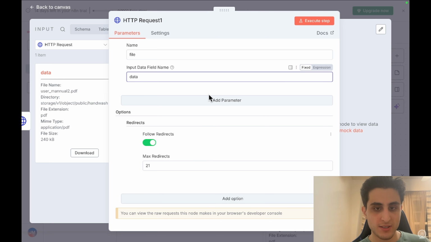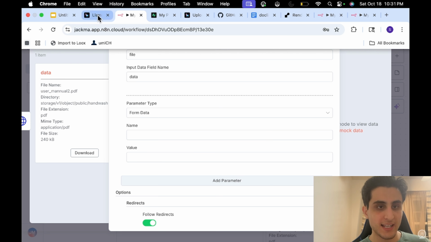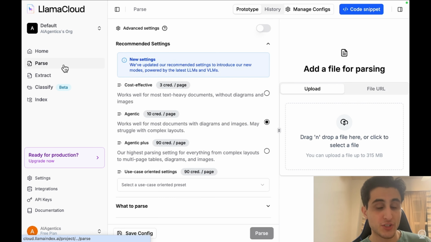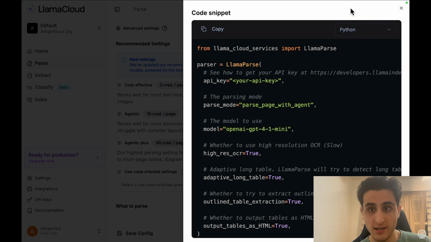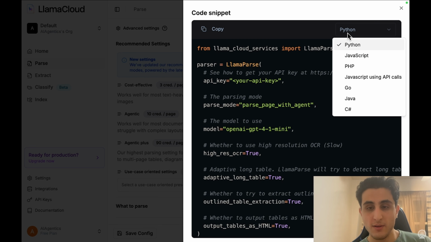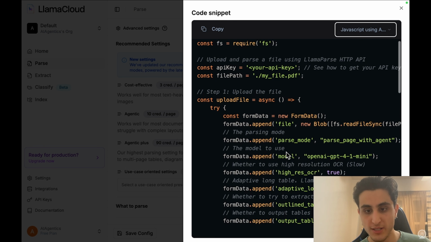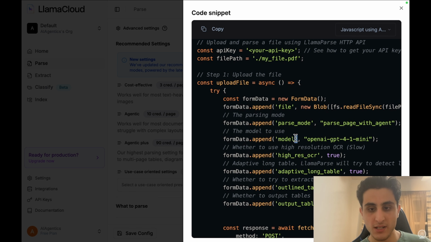And we need to add some more parameters. Basically, I'm just gonna click on add parameter, and as you remember, we just uploaded and parsed some documents and we liked it, right? So if we click here, we can get the settings for whatever we used right now. So we're gonna get the same good results. And so first things first, we wanna get the model. So just copy this,